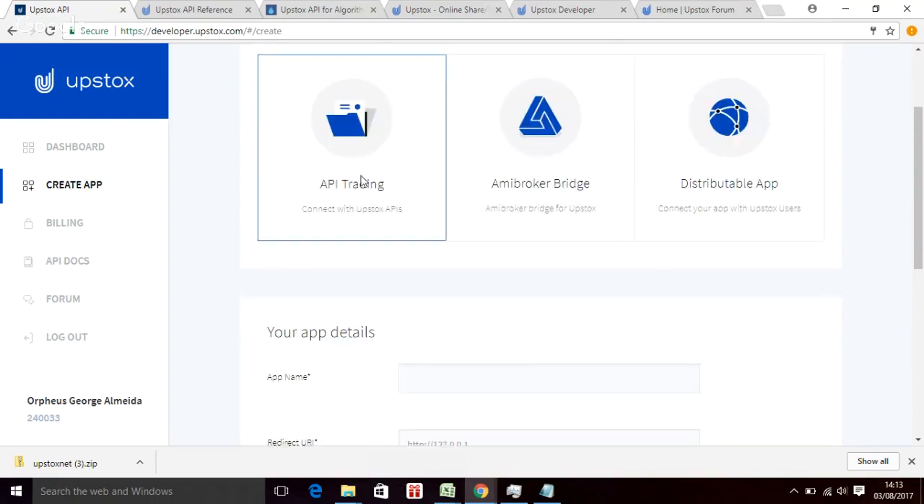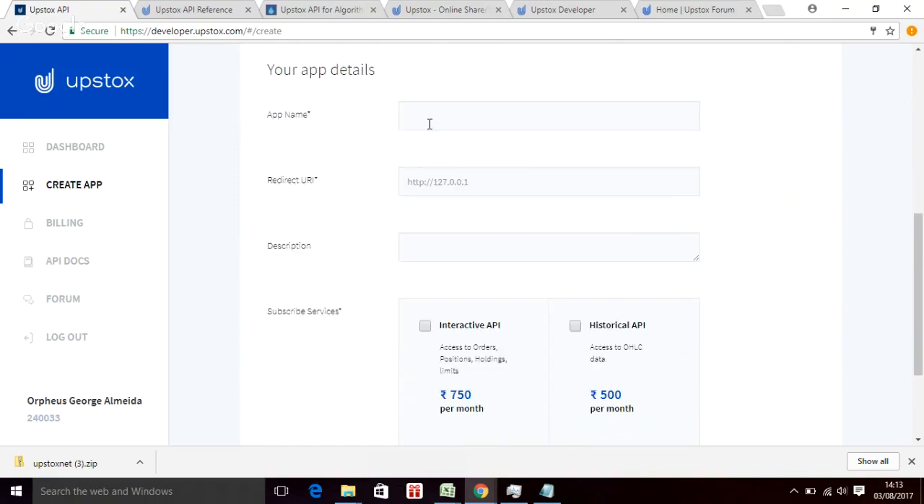You have to select API trading out here, and you need to name your app. So I can give something like a test, and you need to enter a redirect URI. So if you're not aware about what this is and how you need to do it, you don't have to worry. You just have to type here